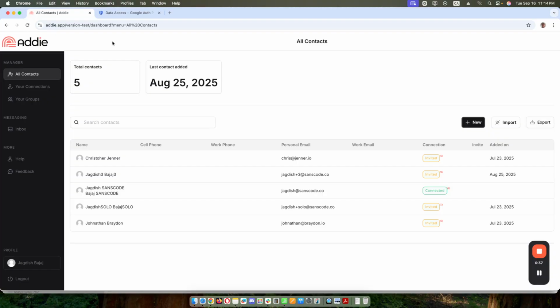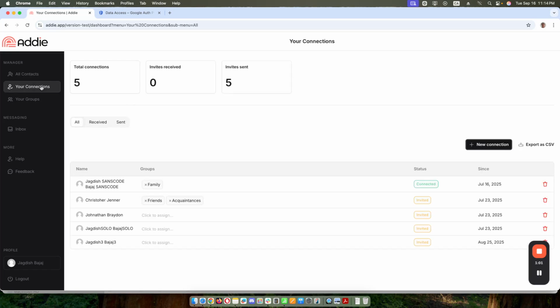contact data changes. I move cities, move homes, change a phone number, change an email address. What I'd like to do is automatically keep my contacts informed, selected contacts informed, on the changes that occur to my personal information. So this is the contacts tab where I can add contacts and also import contacts. This is where I can set up connections and invite other people to Addie, and I can also group my